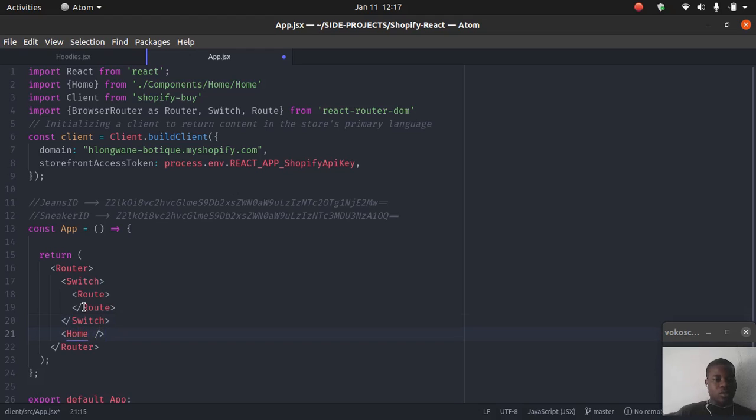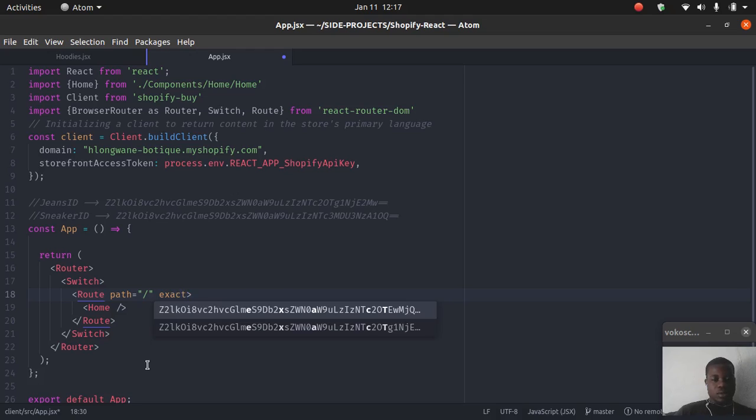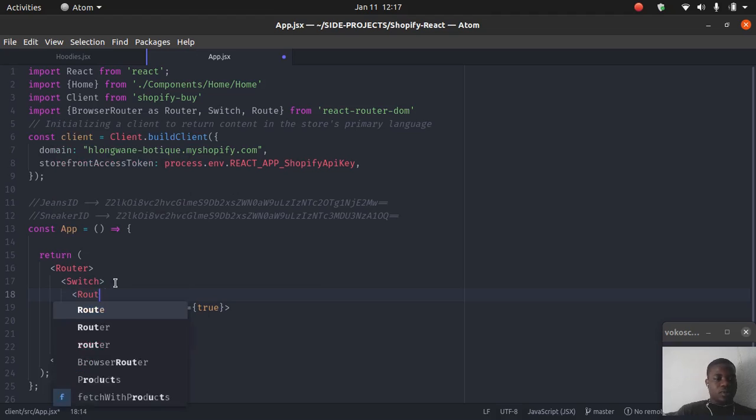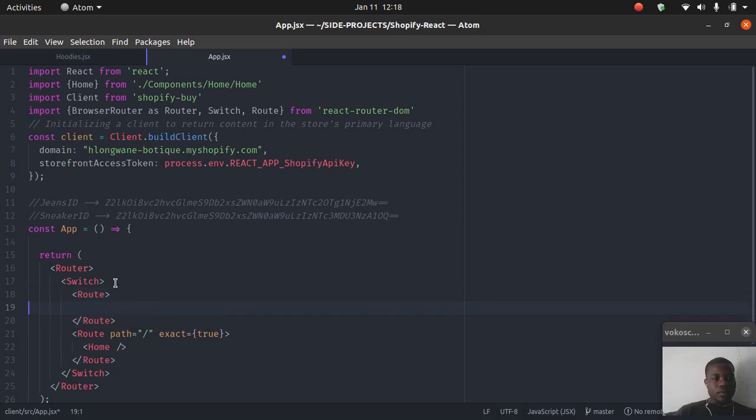Okay, so that doesn't work, so we just bring this home within here, and we say path, because it takes in a path property, and an exact, which is a boolean, we say true, and that should work for us properly. So we make another route. On top of that, we say Route, we say path, that should be products slash hoodies,